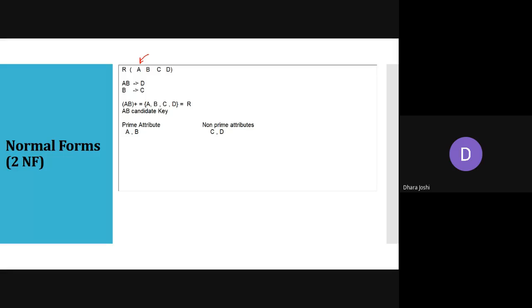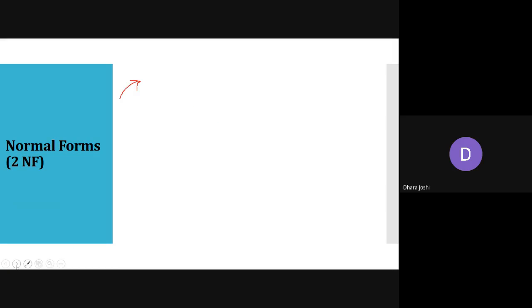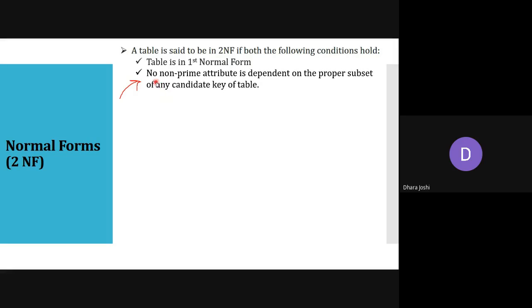Candidate key में जो भी attribute है उसको हम बोलेंगे prime attribute and the remaining attributes are non-prime. Okay, now we are going to split this table because it is not satisfying the condition of 2NF. क्यों 2NF satisfy नहीं हो रहा यहाँ पे? 2NF में एक रूल ये है, we are seeing here again, non-prime attribute. For our example, what is a non-prime attribute? It is C and D. Okay, so C and D is dependent on the proper subset of any candidate key.